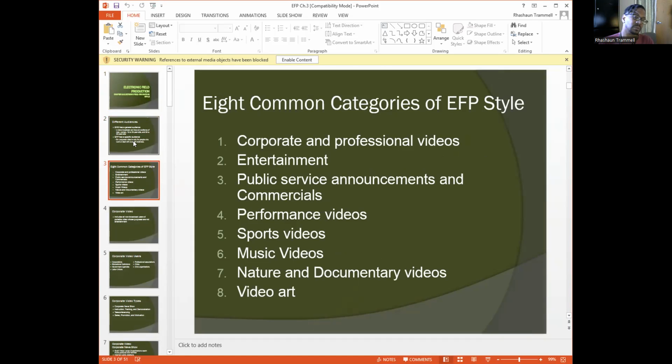If you know the difference between, say, a performance video and a sports video, that's huge. Or just knowing what video art is. Have a general knowledge of these for the section in which you will be tested on that. If you're familiar with what these 8 things are, that's basically it.